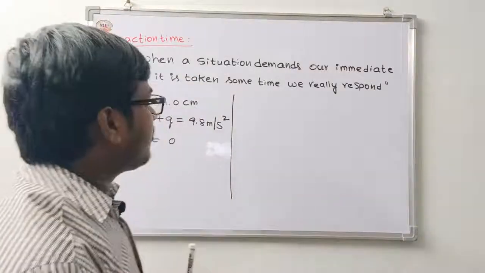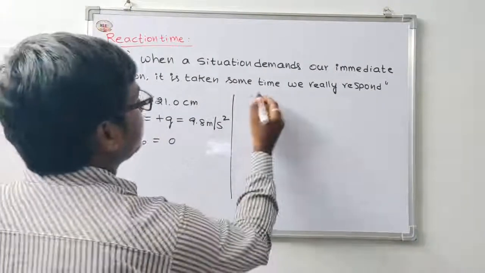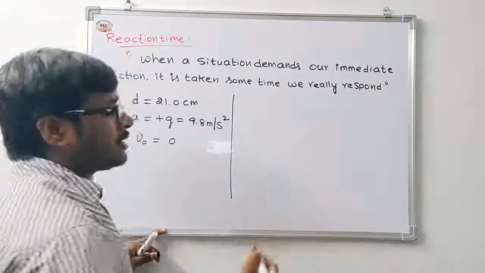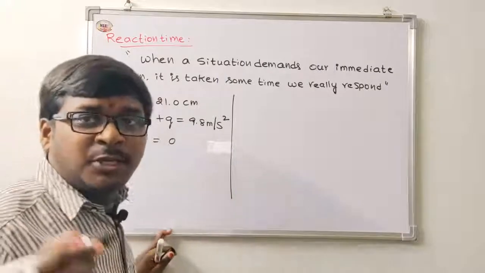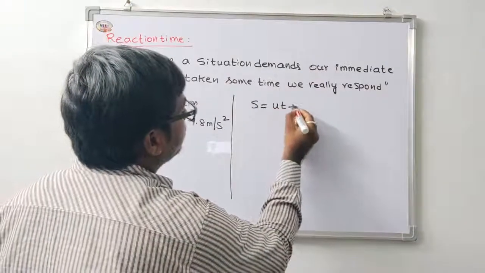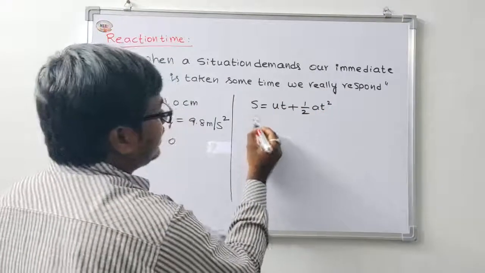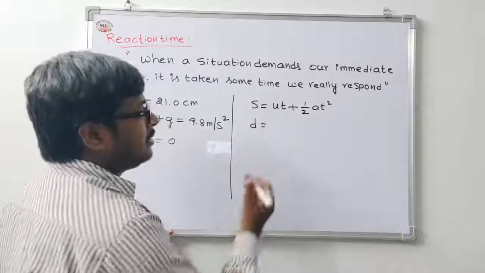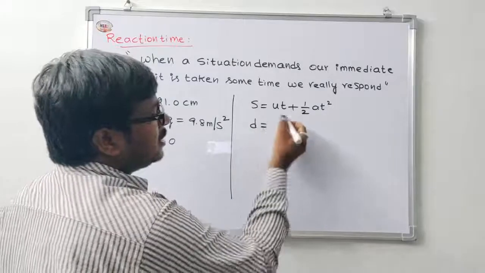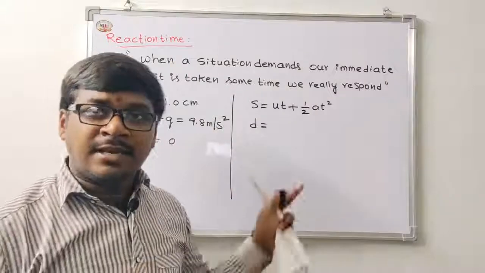Take the kinematic second equation, s is equal to ut plus half at square. Here s is d, the distance. So d is equal to 0, since the initial velocity in a freely falling case is 0,